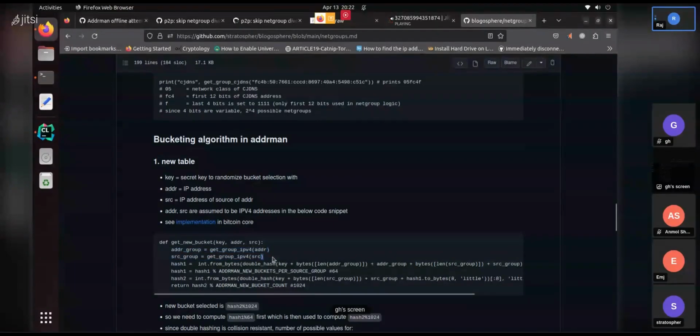Or I'm getting confused, or if you meant something different. I think we don't ignore the group, we still calculate the group for Tor and do whatever the bucketing algorithm needs to do with that group calculation for Tor and I2P. But the point of having a group is to separate addresses into different buckets which are distant from each other, but that conceptually doesn't make any sense in Tor because you have basically random numbers as addresses, unlike